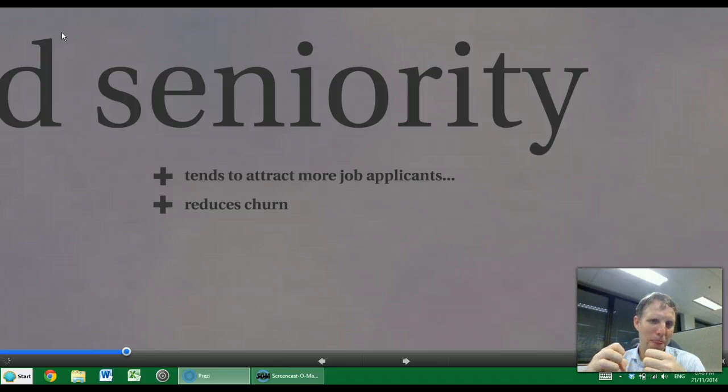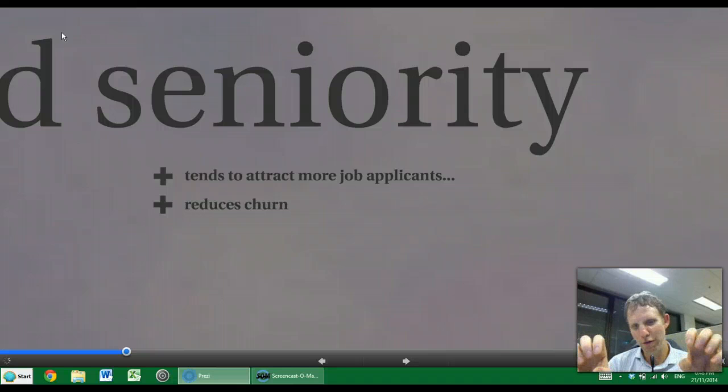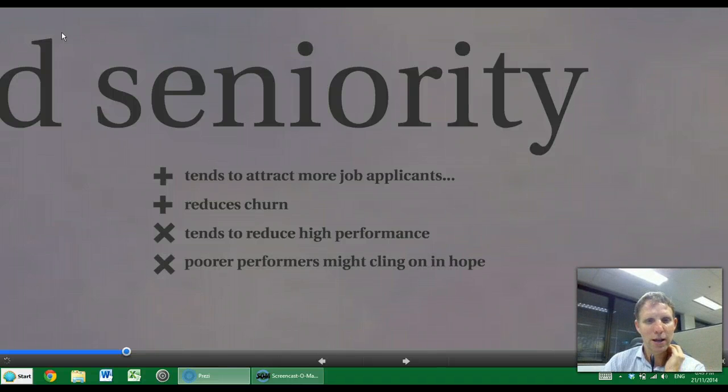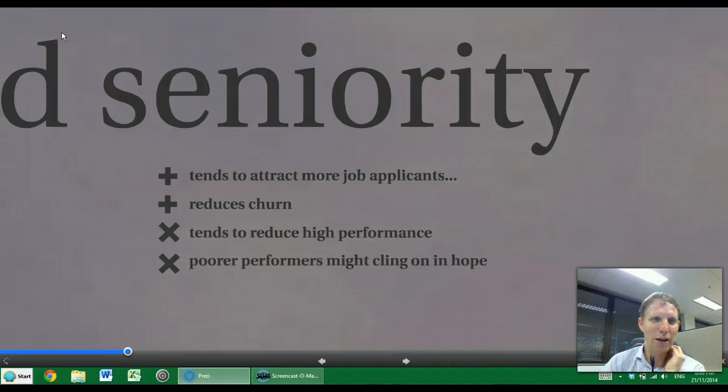the temptation for employees in that kind of company is to cling on with their fingernails onto the cliff of job keeping rather than actually trying to excel. They simply try to avoid getting sacked, because avoiding getting sacked equals getting promoted. Excelling is not what's required. Survival is all that's required. So it tends to reduce high-level performance, and so those poorer performers just cling on in the hope of getting